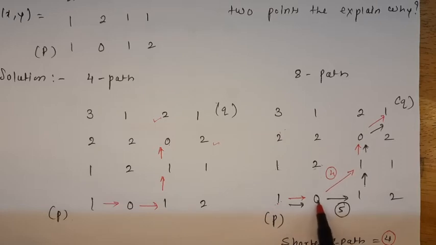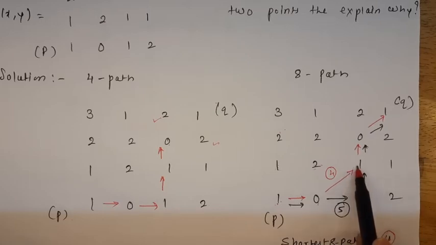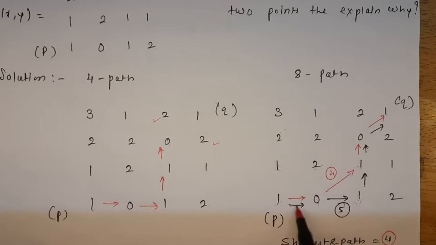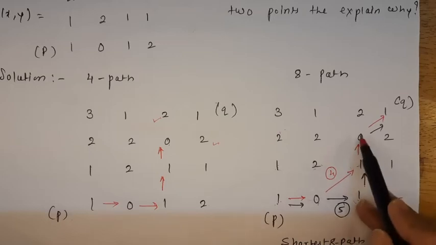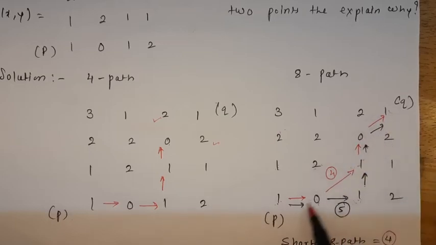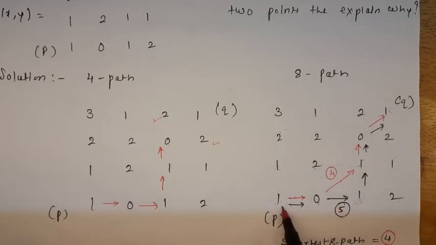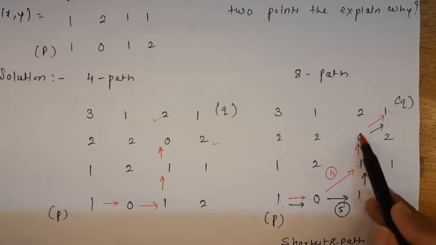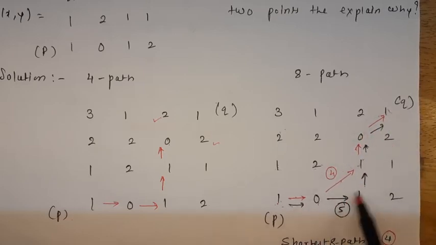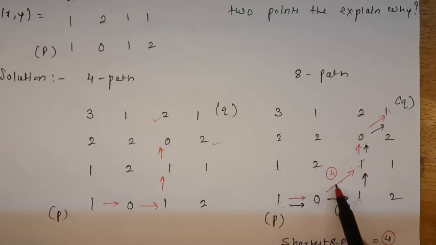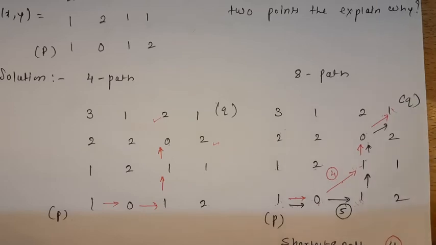After this, either I can go this way or this, because this pixel is also in N8 and this pixel is also in N8. So there are multiple paths. First we will complete this red path. From here I can connect here, from here again here, and from here to here. So what is the cost? 1, 2, 3 and 4. Similarly I can connect this way from 1 to 0, 0 to 1, 1 to 1, 1 to 0 and 0 to 1. So what is the cost? 1, 2, 3, 4, 5. So there are 2 paths between P and Q, and the minimum cost is 4. We should select the path which has the lowest cost.